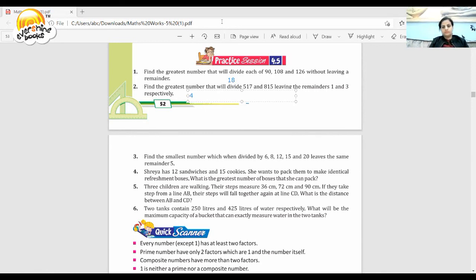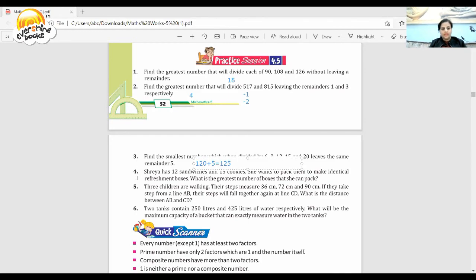Okay, so here we are going to know about the division method also. With that we are going to take out the LCM, and when we take out the LCM we get 120, but we have to add 5. Why plus 5? Because it is saying it is going to be the remainder. This is the remainder part, that 5. So the answer will be 125. So this will be the answer of this question.